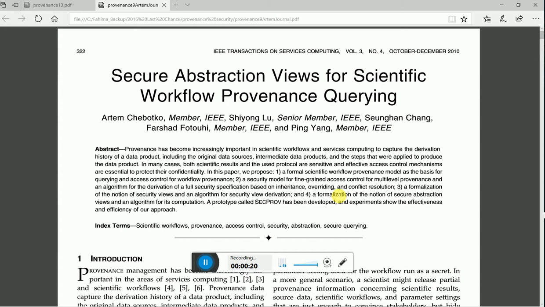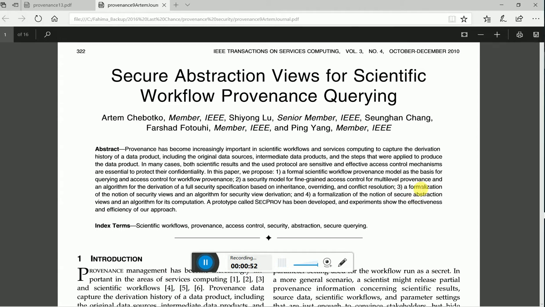In this paper they have four proposals. First is a formal scientific workflow provenance model, and then a security model where all the security specification is handled, like inheritance. It handles consistency, overriding and conflict resolution. And for the third one, they explain the security view and the secret abstraction view. So if I go through this paper,